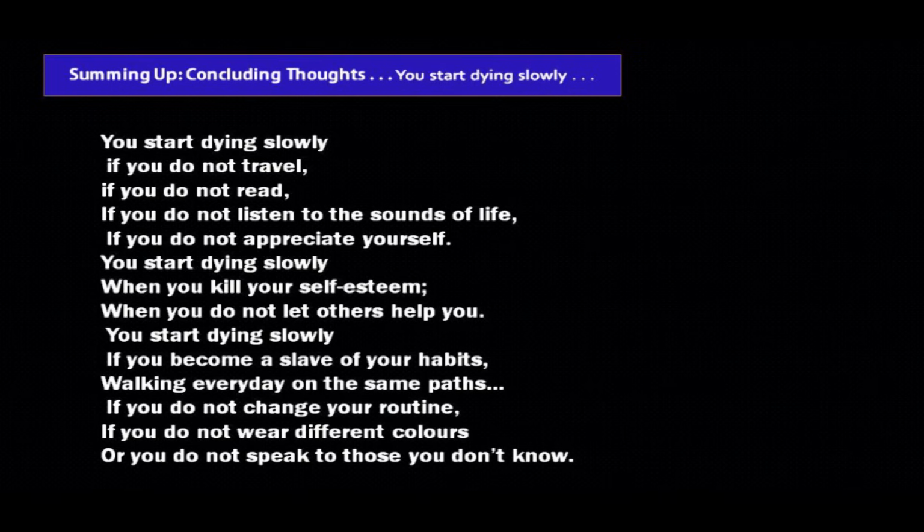You start dying slowly if you do not travel, if you do not read, if you do not listen to the sounds of life, if you do not appreciate yourself. You start dying slowly when you kill your self-esteem, when you do not let others help you. You start dying slowly if you become a slave of your habits. walking every day on the same paths. If you do not change your routine, if you do not wear different colors, or you do not speak to those you don't know,